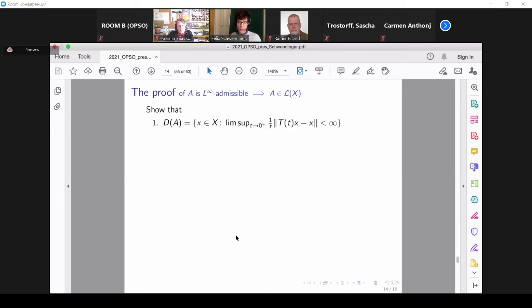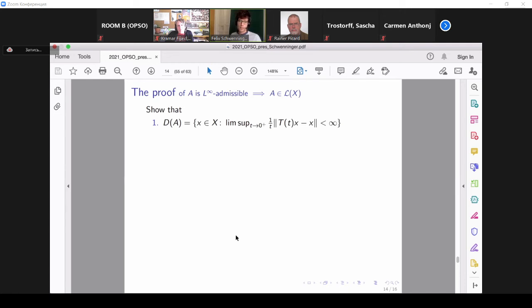Well, this is a structure of the proof. This is not the proof. This is a structure of the proof. And there are basically 4 steps. The first step is a semigroup step, I would say. And the first step is that you show that this assumption of L infinity admissibility implies something about the domain